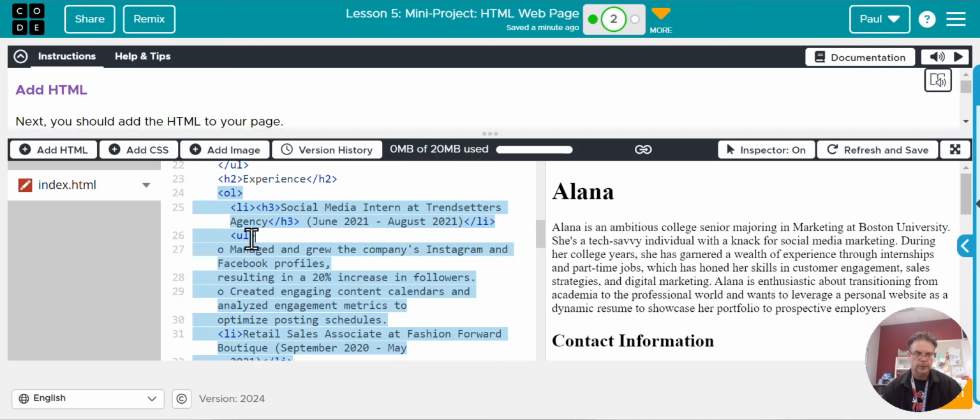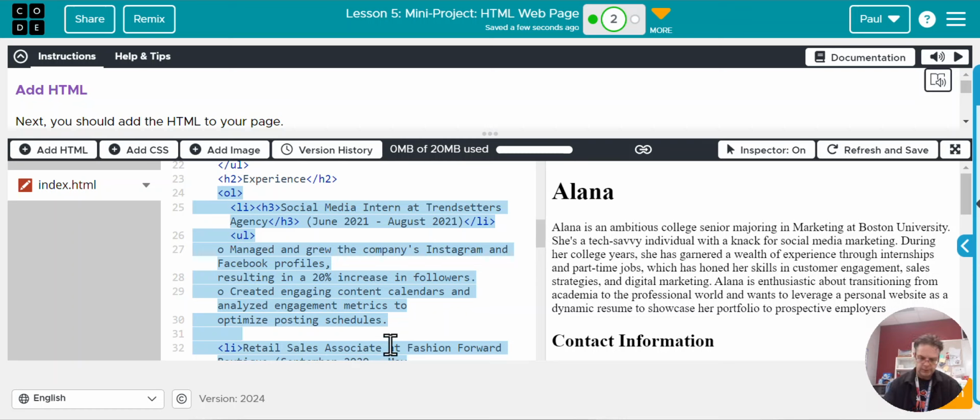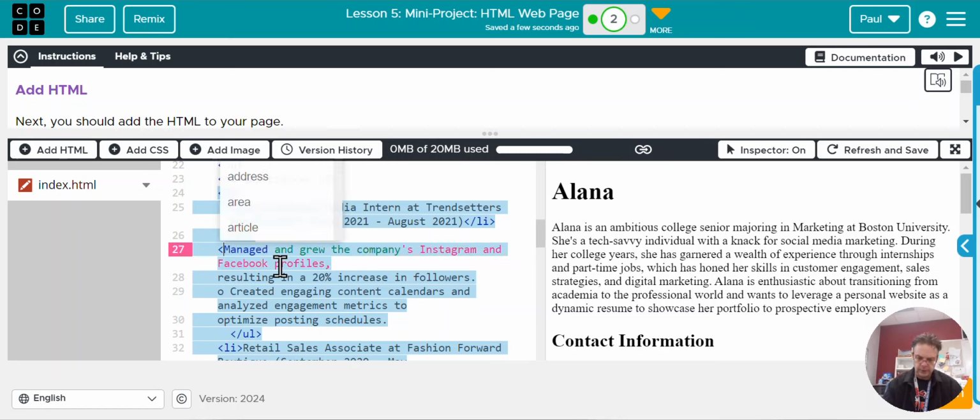But once we open our unordered list, I want to immediately close it so I don't forget. So I'm going to go underneath optimizing posting schedules and close my unordered list with an open bracket, backslash UL, close bracket. And then in front of each bullet point, the first bullet point right here, we're going to do a backspace and then open up a bracket,